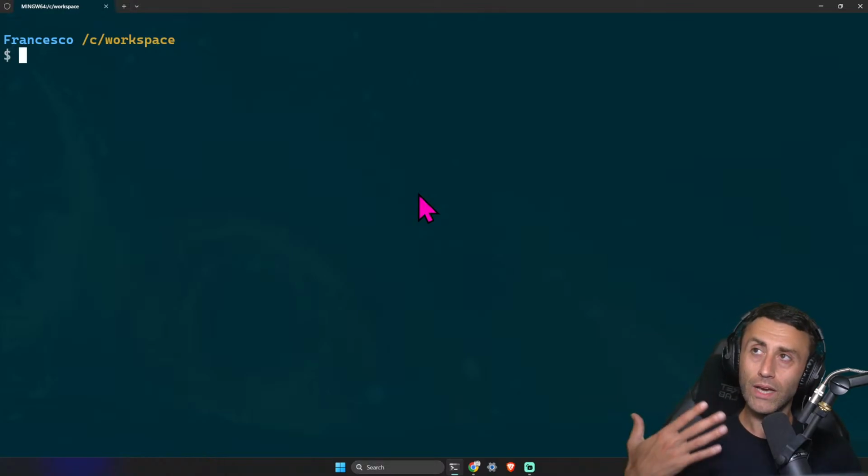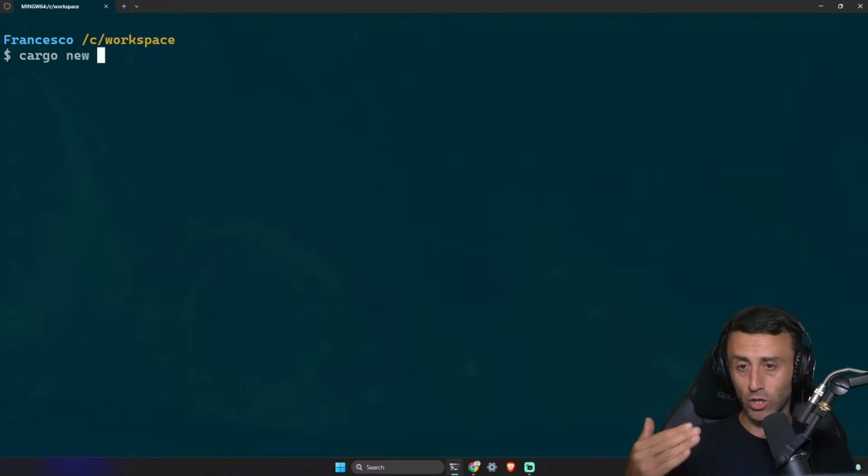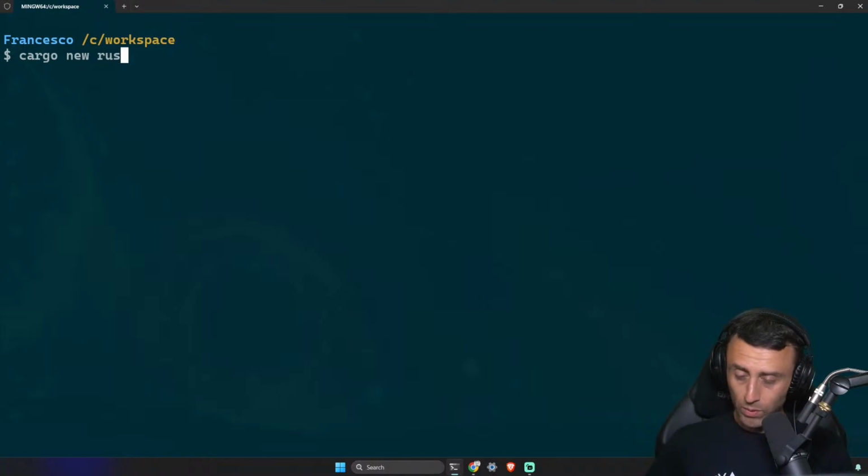So how can I create a library in Rust? It's very simple and I love how this is done in Rust. We never did it so far in this series, so I think it's time to do it. And we can do this in this way. Cargo new, as we usually do when we have a project that has a main.rs file, and we can call it rust